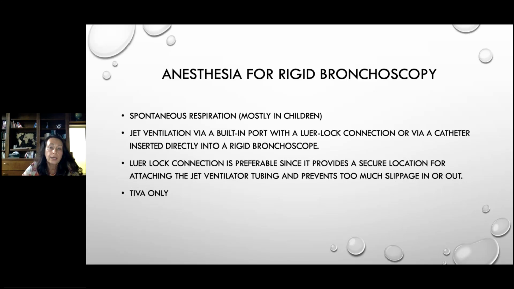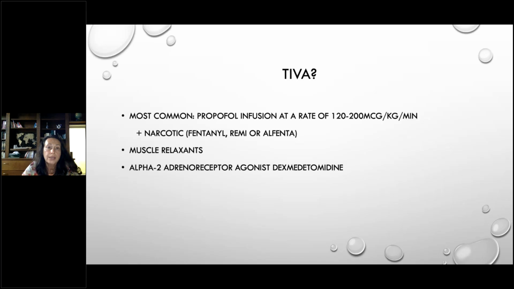And again, how do we administer anesthesia? The only possibility will be total intravenous anesthesia. We cannot use any inhalational agents at this point. The agents commonly used for total intravenous anesthesia are propofol, narcotics, remifentanil or alfentanil. Muscle relaxants are necessary. The other adjunct, and the agent that is growing in popularity, is the alpha-2